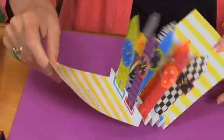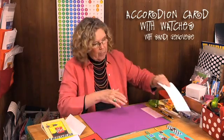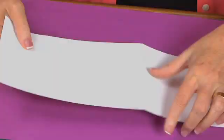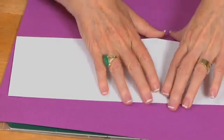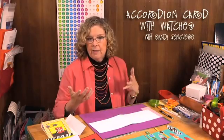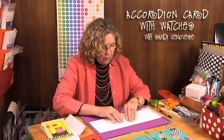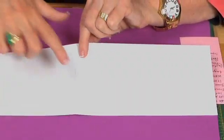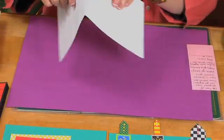So in order to start, let's look at the card format, which is that white paper that I referenced. I went to an office supply store and I bought a ream of 11 by 17 white cardstock because I like having that 17 inches for some larger projects. It's not expensive and it lasts a long time, and even when I end up making something that I piece together, I usually make my first one because it's easy to start with a long sheet like this. This is 17 inches long by 5 inches wide,